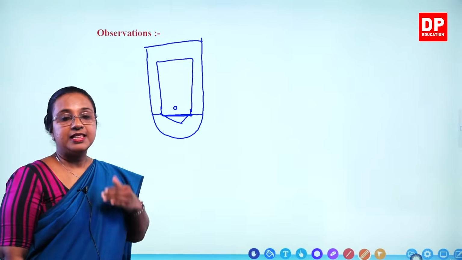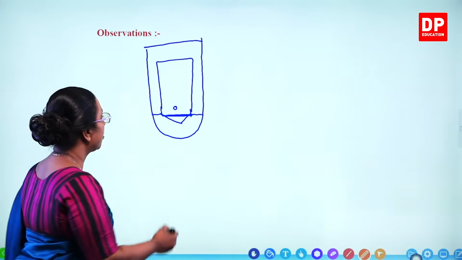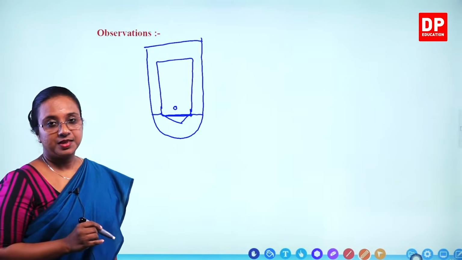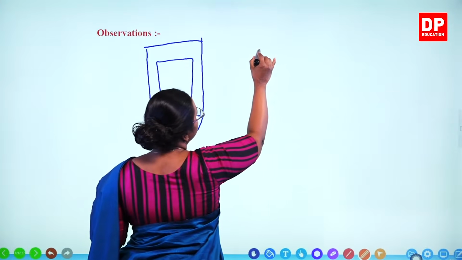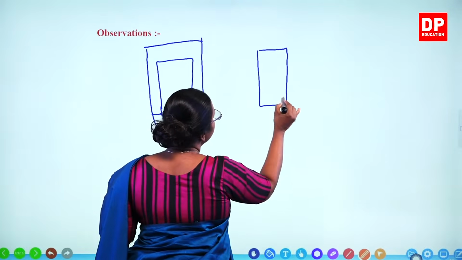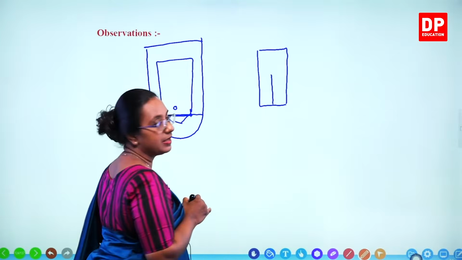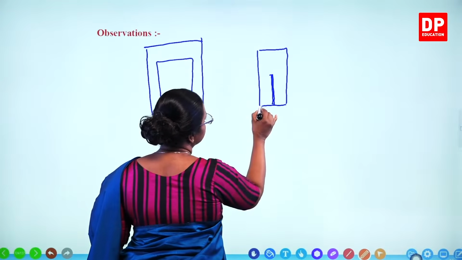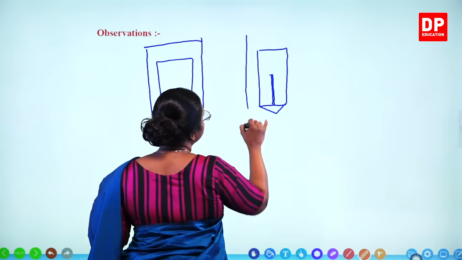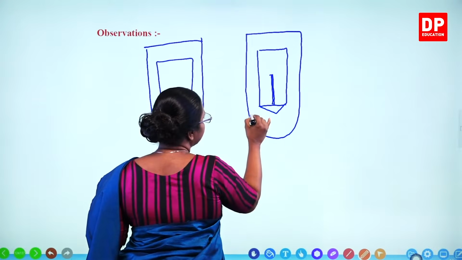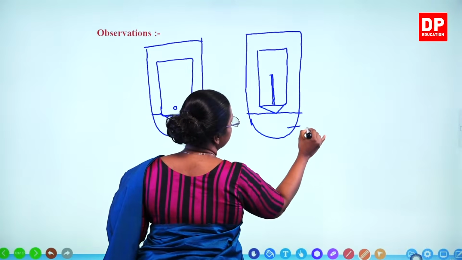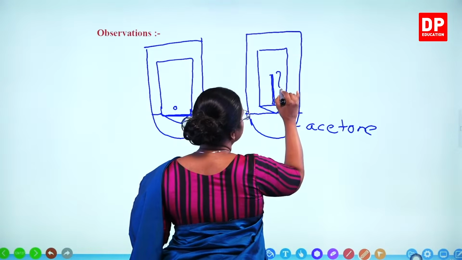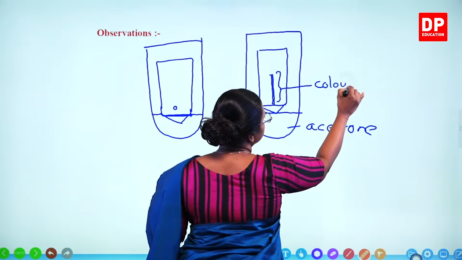Only a small corner of the paper was in contact with acetone. Then after some time you saw the moisture moving along the paper, and with that you were able to observe the movement of the colored pigments like this. They separated into different layers. This was the strip of paper inside the boiling tube, and there was acetone there. And this was the color separation.